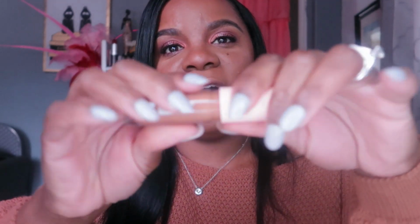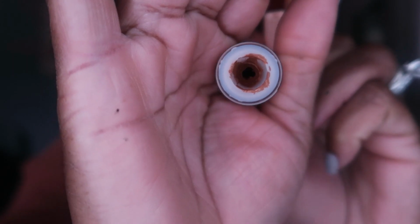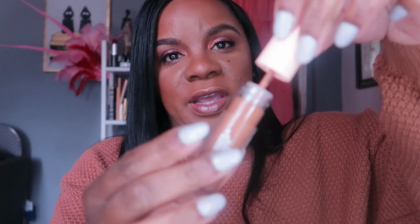But the biggest issue that I have is this. When you go to pull it out, I guess they made the hole there smaller. So when you pull it off, it's like maybe they're trying to scrape off the excess. Now it's fine. Or maybe it's the other one. I don't like that. And it happened to me with the other one too. But now for some reason it's working just fine. The other one, it gets stuck a little bit. But I don't like that because when you pull it out, you kind of get a little tiny splash on your shirt. And that's, honestly and truthfully speaking, the only